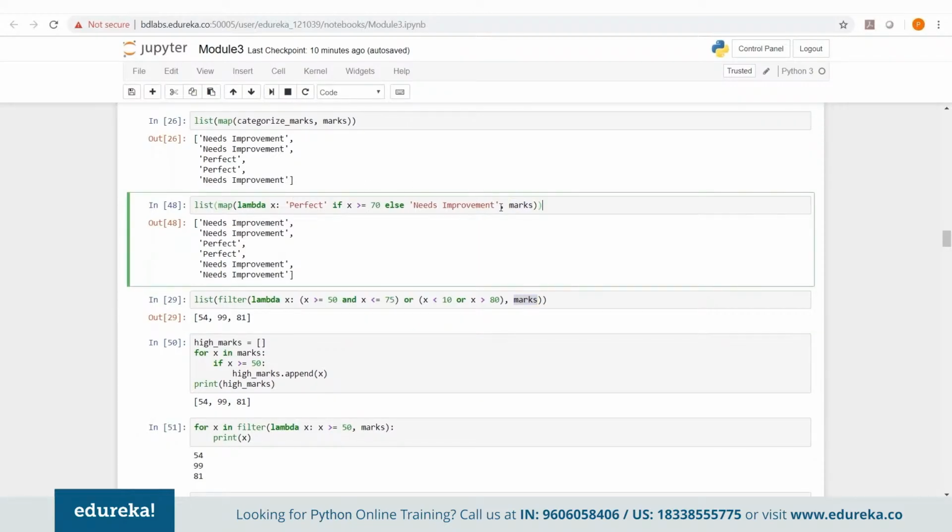So in that case, it will actually fail. But if it runs successfully, the length of the list will be the same as the length of the iterable that you have passed. But in case of filter, you may get either the same number of values as in the iterable that you pass,